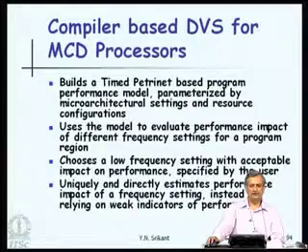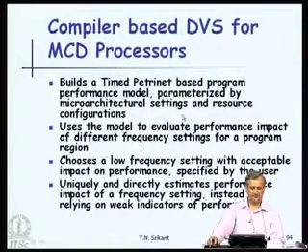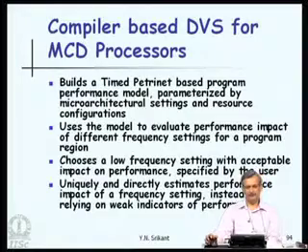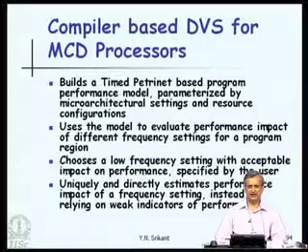How does one use the compiler technique for doing DVS on such processors? Basically, the technique builds a timed PetriNet based program performance model, and this PetriNet model is parameterized by microarchitectural settings and resource configurations. I cannot provide a tutorial on PetriNet for lack of time, but it suffices to say that a PetriNet